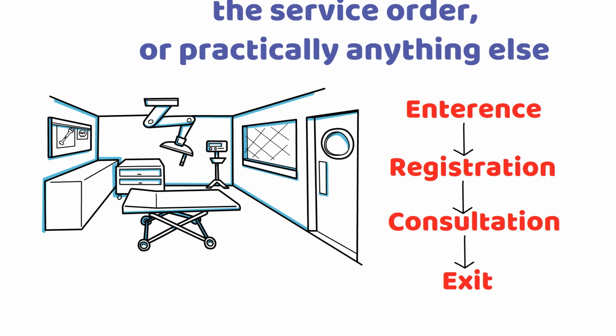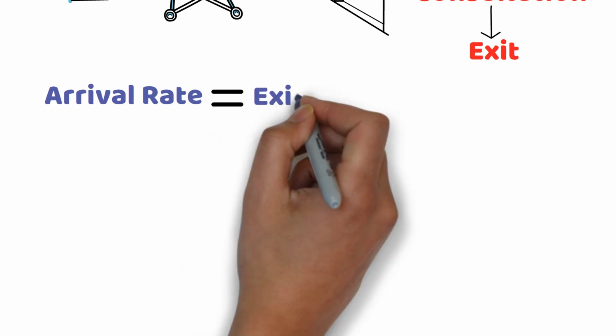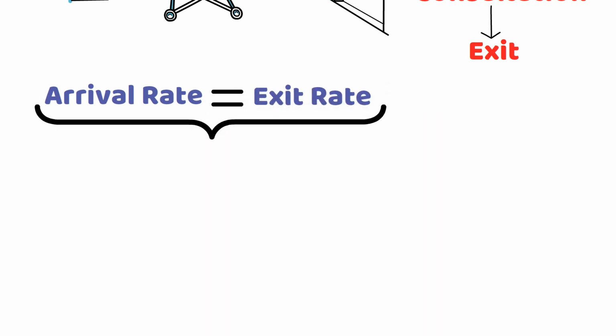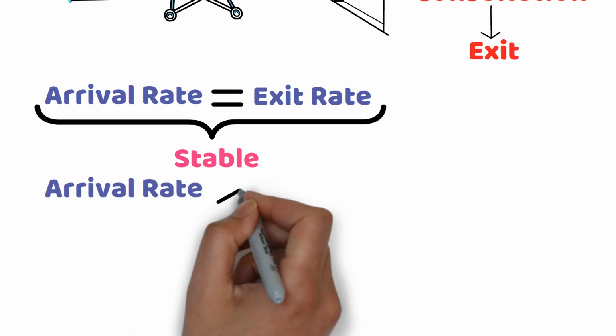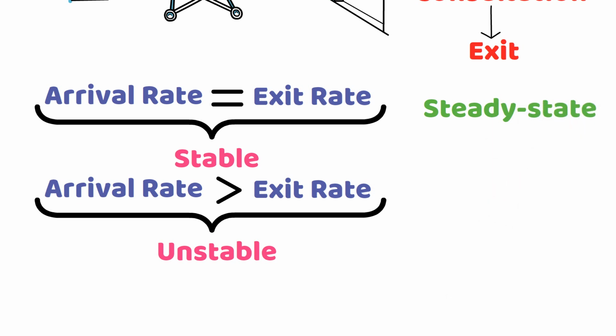If the rate at which the patients enter the clinic, meaning the arrival rate, is equal to the rate at which they exit, the system will be stable. But, if the arrival rate exceeds the exit rate, it will become an unstable system, where the number of patients waiting in the clinic would gradually increase towards infinity. If you want to use Little's law, remember that you must have a steady state condition where the variables are